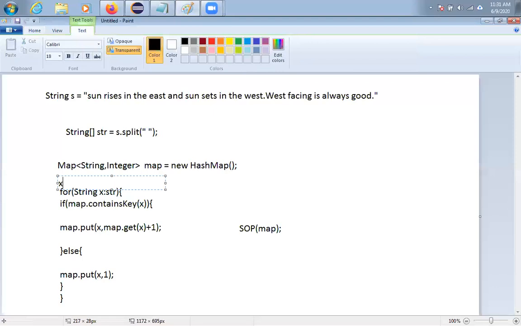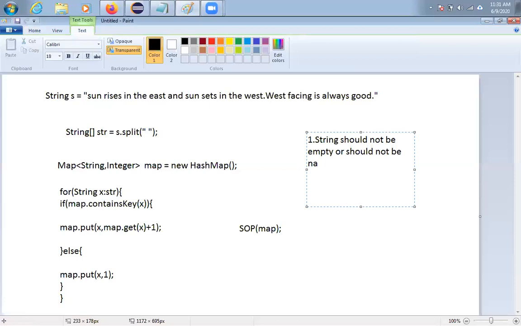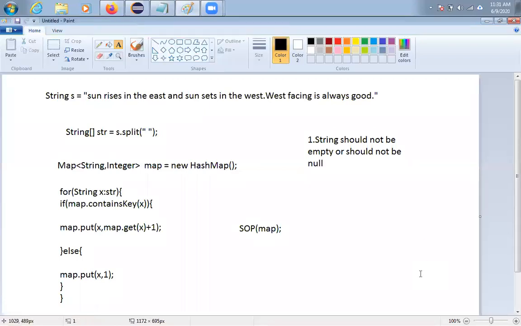The first condition is that the string should not be empty or null. He said that is fine, everyone will do. So what else do you have to check? I said I'm fine, everything I am checking.